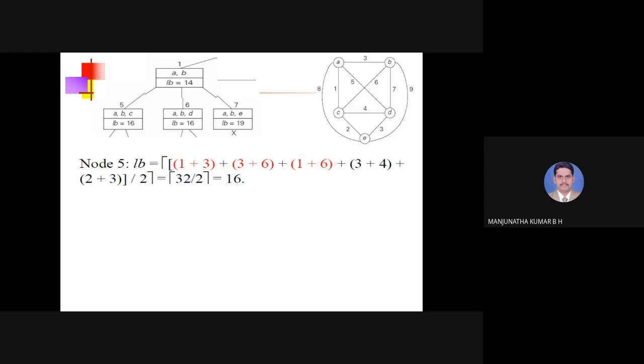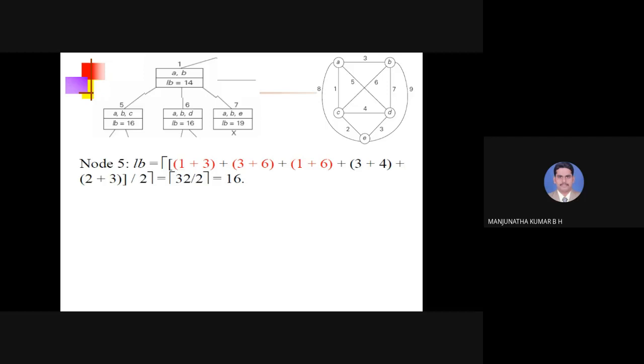Now the third term related to C. C is coming from B. So one edge is fixed now. What is that cost? C is coming from B, cost is 6. Another number should be the smallest, nearest city for C. Nearest city for C is A, and its cost is 1. 1 plus 6. Okay, is it clear?